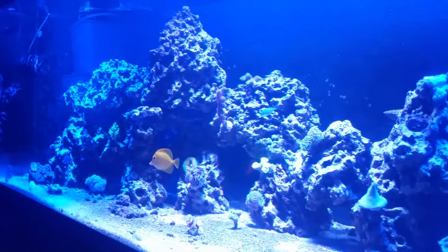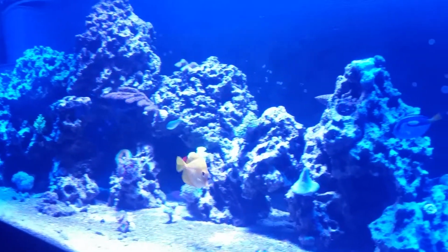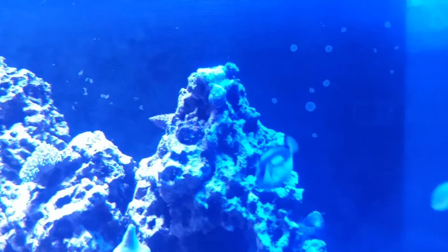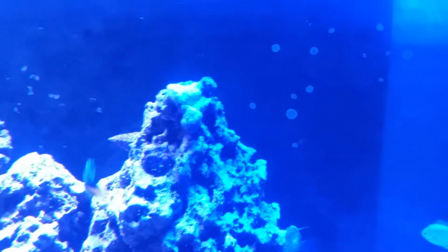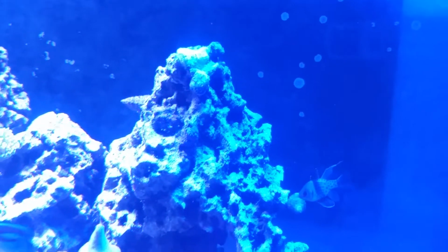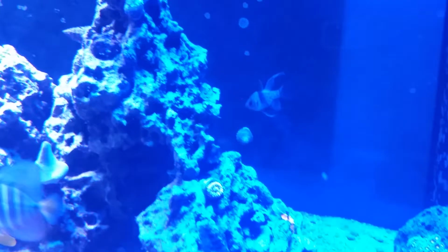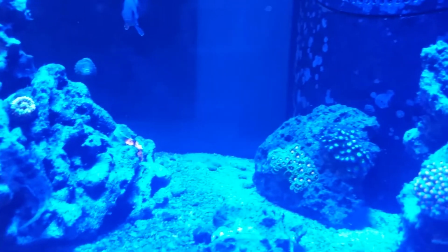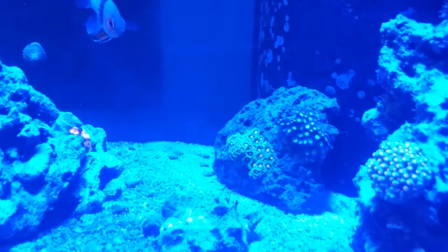Well, my tank is still trying to recover from the last disaster I had. My GSP did melt away, and looks like it's never to return. But other than that, everything else seems to be doing fine. My zoanthids are spreading all over that rock,